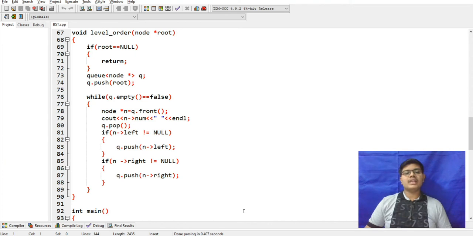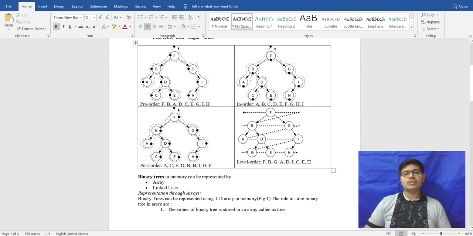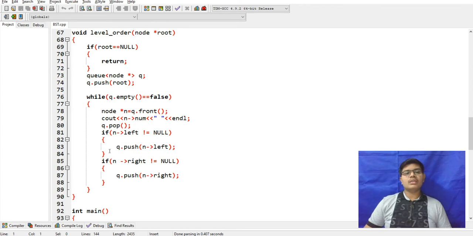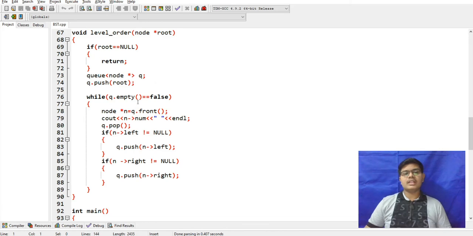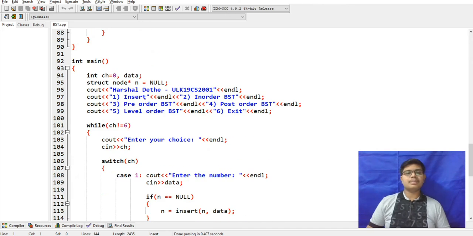If n of left is not equal to null, it will push to the left. And if n of right is not equal to null, it will push to the right. So here the output will come.